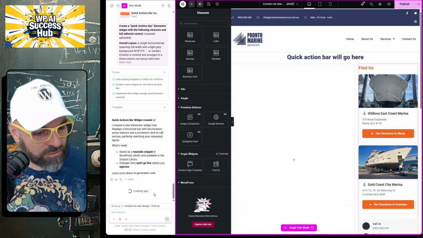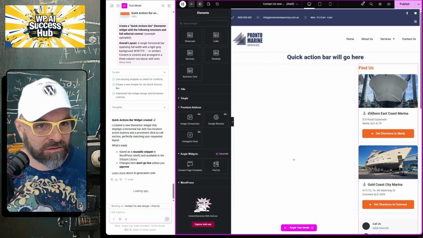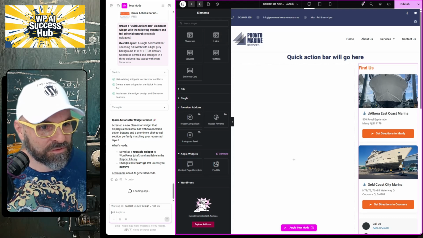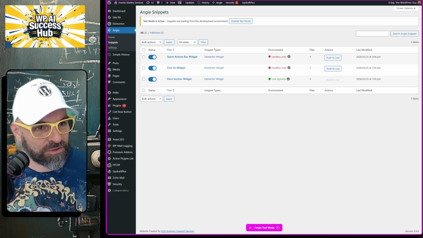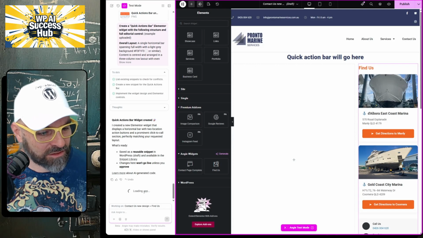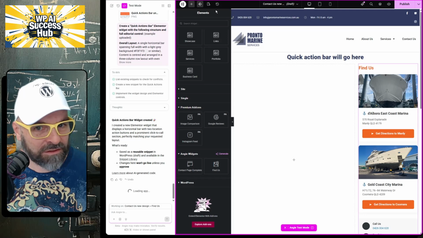Okay, so this has taken a while. I went and checked that the snippet was made, and it has been made, the quick action bar widget. So it is in there. It's just stuck at this loading app thing. So I'm just going to hit